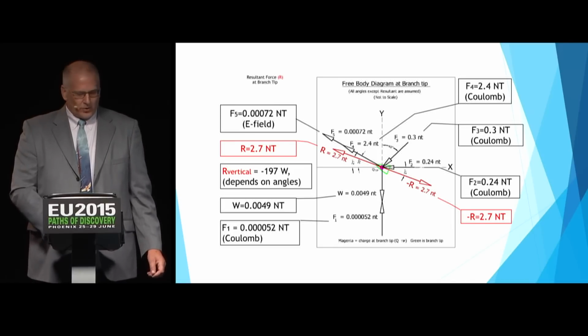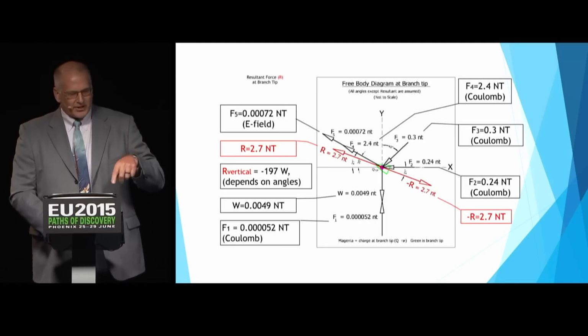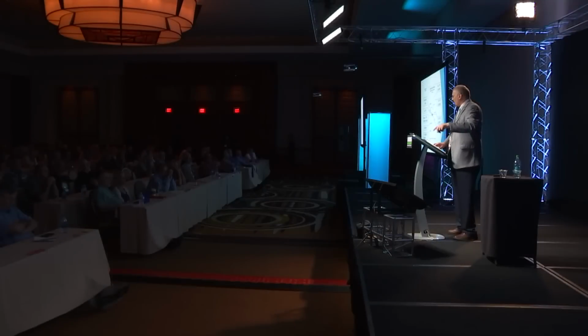The other important thing to note here is that the force within the tip, the 2.4 newtons, that's about 0.6 pounds. That's probably directly involved with the tip growth, elongation. It's a fairly good sized force. And the branch forces around it and the weight, all the electric forces around it, are directing its direction. They're changing its direction.